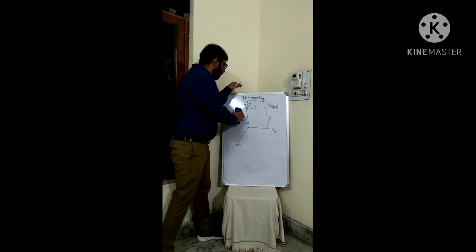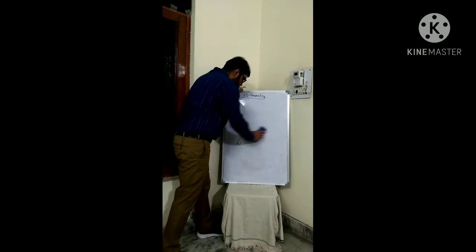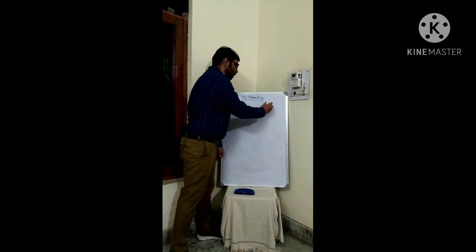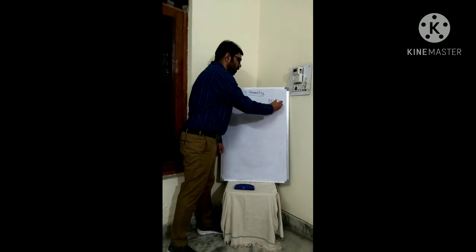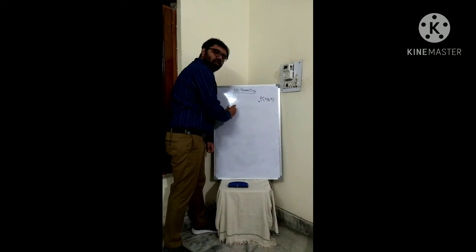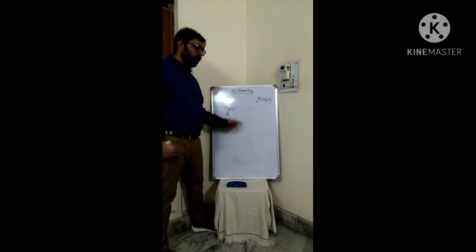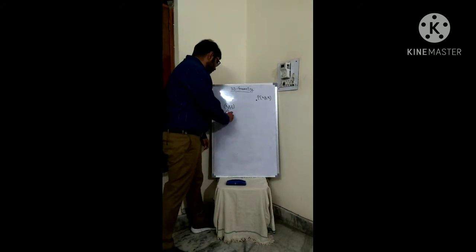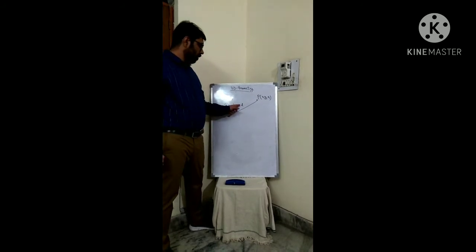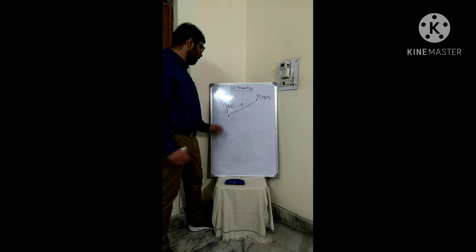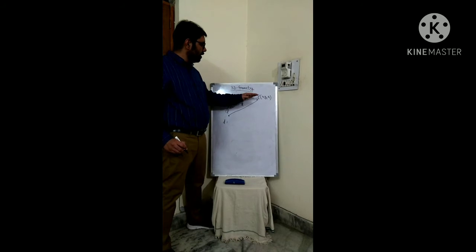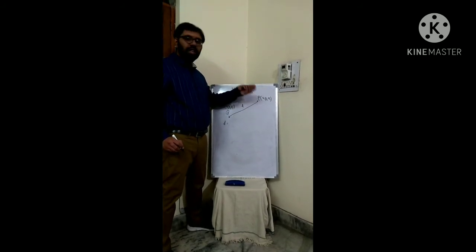Now proceeding ahead, suppose we want to find the distance between 2 points in three-dimensional space. Suppose one point is point P, whose coordinates are x1, y1 and z1. Another point is point Q, whose coordinates are x2, y2, z2. Now I am interested in finding the distance between these 2 points. So suppose this distance is d. We can apply the distance formula, which we have already studied in coordinate geometry in 2 dimensions. The same formula we just need to write using 3 dimensions now.